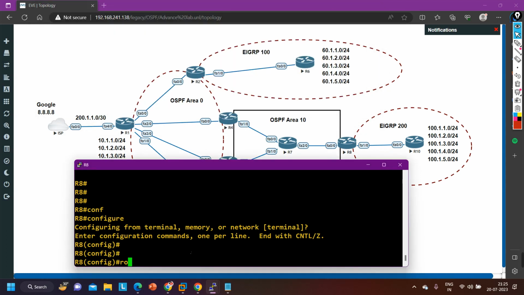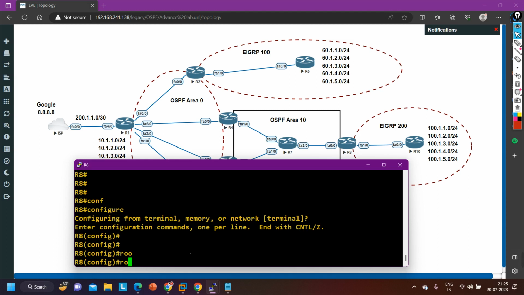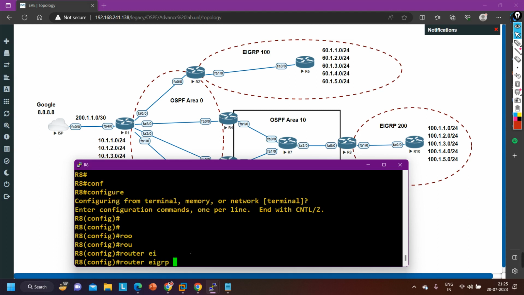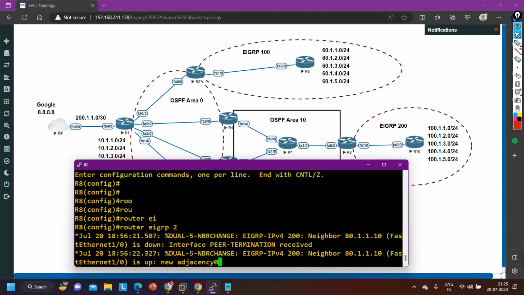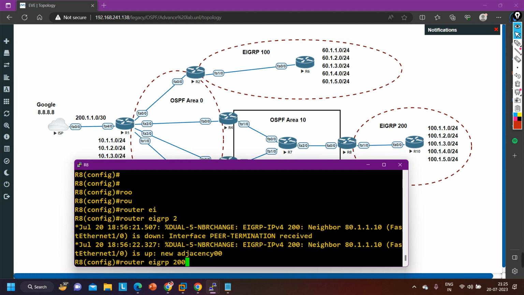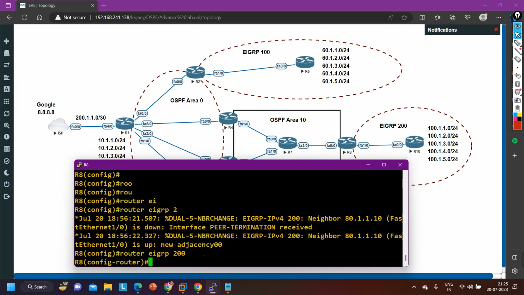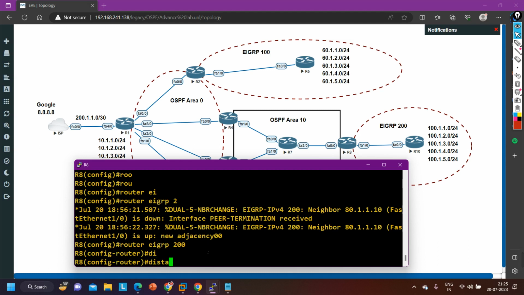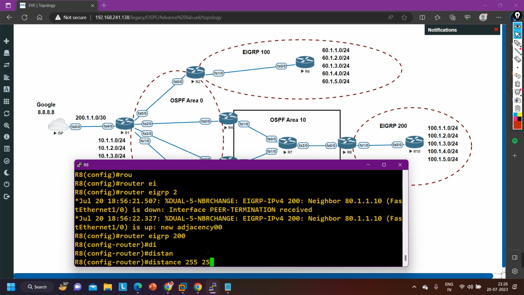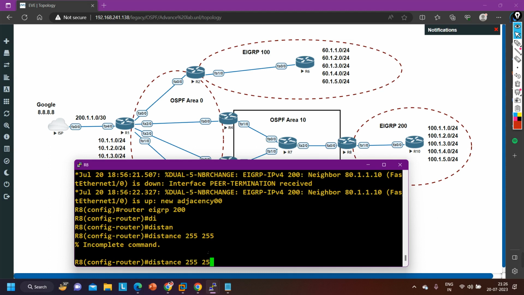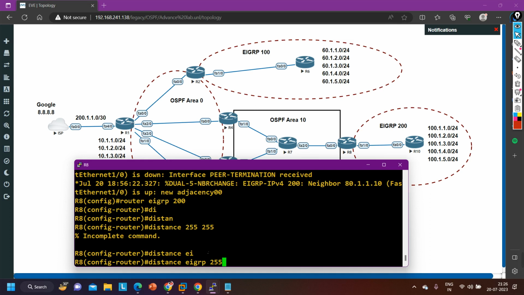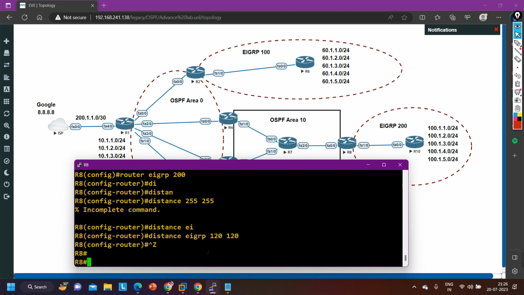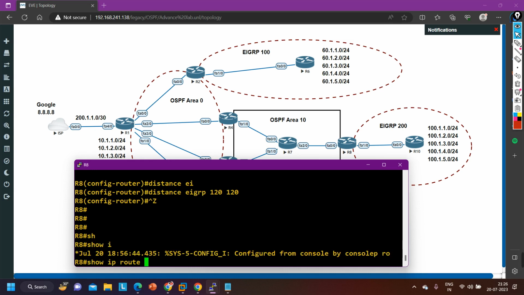Sorry, I need to run this command on router 8. Router EIGRP AS number 200 and distance 255. Distance for EIGRP 120 and 120. Now, show IP route